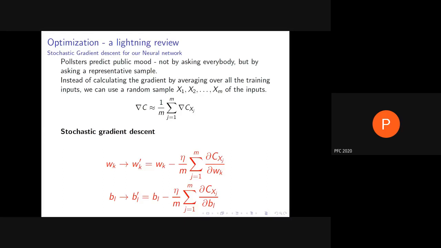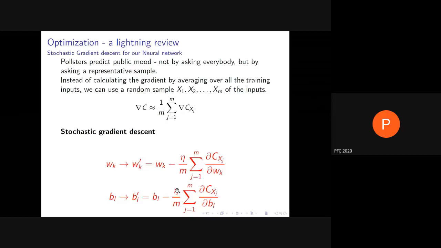Now, remember one thing about vectors. If you want to find a vector which is opposite a particular vector, you have to multiply the original vector by one negative number, which means every one of the components must be multiplied by the same negative number. So why is minus eta by m the same for every one of them? The answer is that unless you do that, you're not actually going against the gradient.